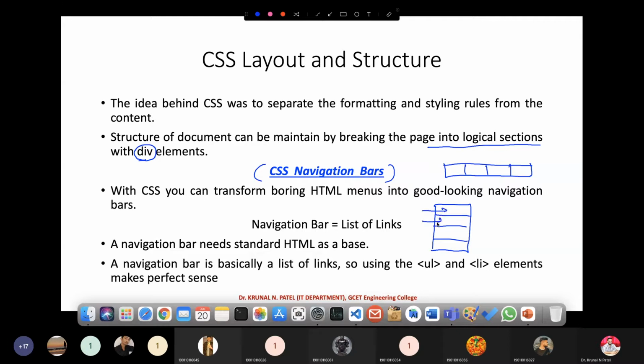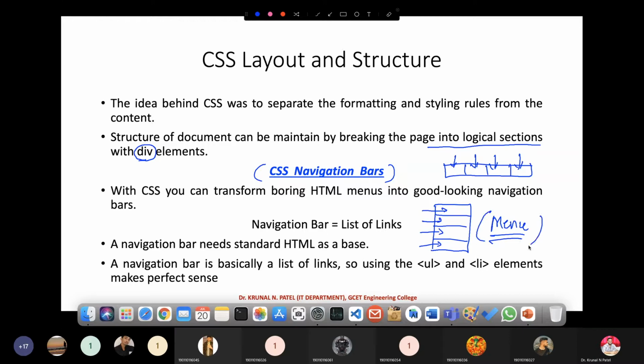Here some lists are there. We also know this as a menu. A menu is also one kind of navigation bar. So if you want to create a menu kind of navigation bar, either in a horizontal or in a vertical section, you have to follow particular syntax.